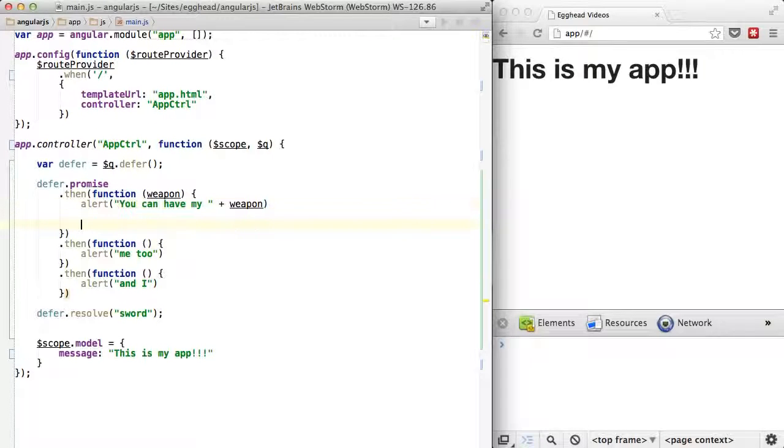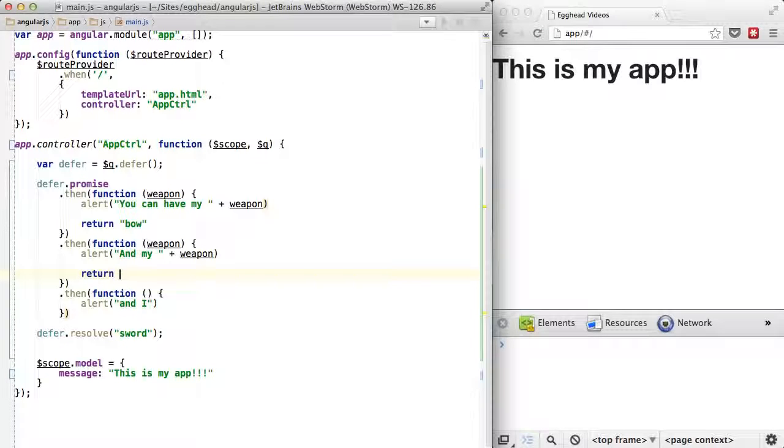And then we'll return bow, say weapon here, say and my plus weapon, and then we'll return axe, and then another last weapon in here,